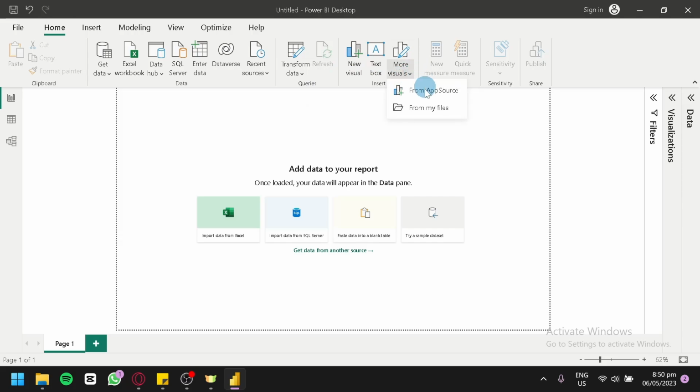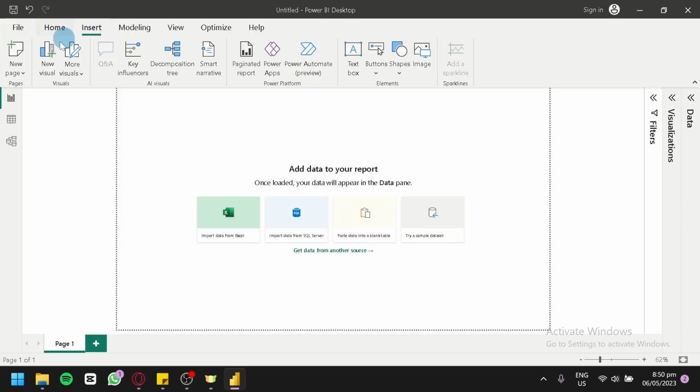You could add more visuals from AppSource or from your files, maybe an image if you would like to add. There's new measure, quick measure, sensitivity, and publish over here. You can insert different things, like a blank page or duplicate a page that you have. You can add a new visual, more visuals like we saw earlier, add a Q&A, have key influencer, a decomposition tree